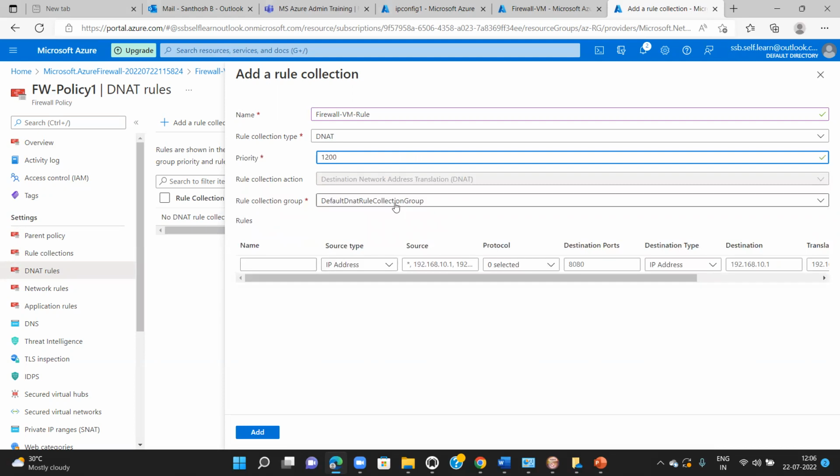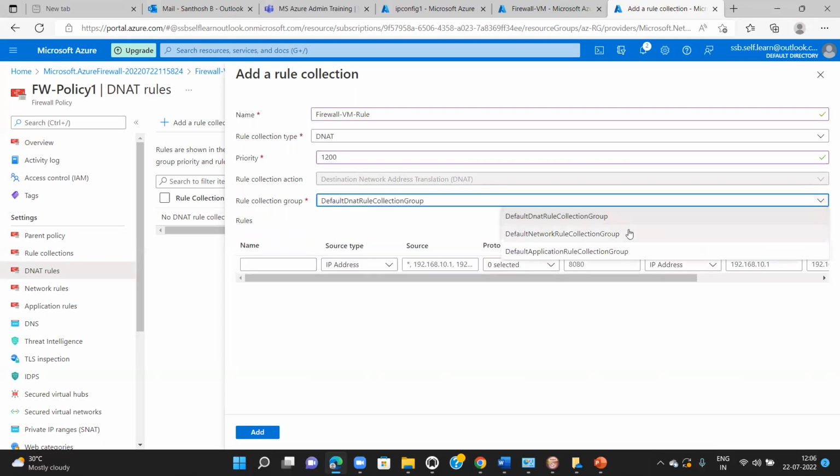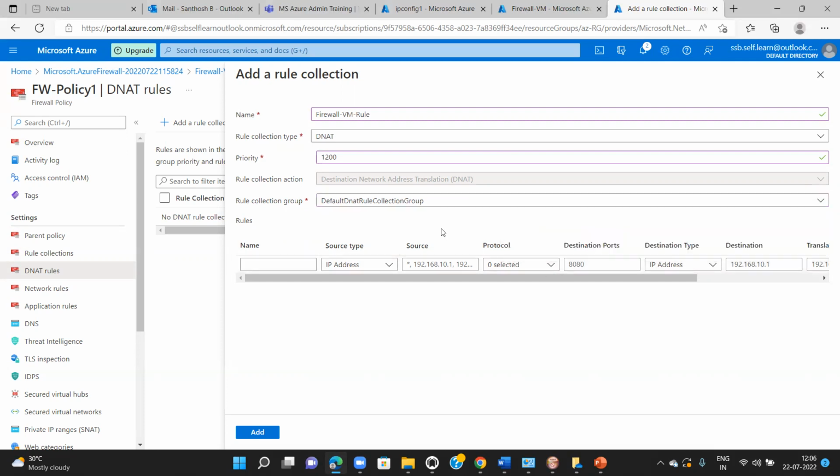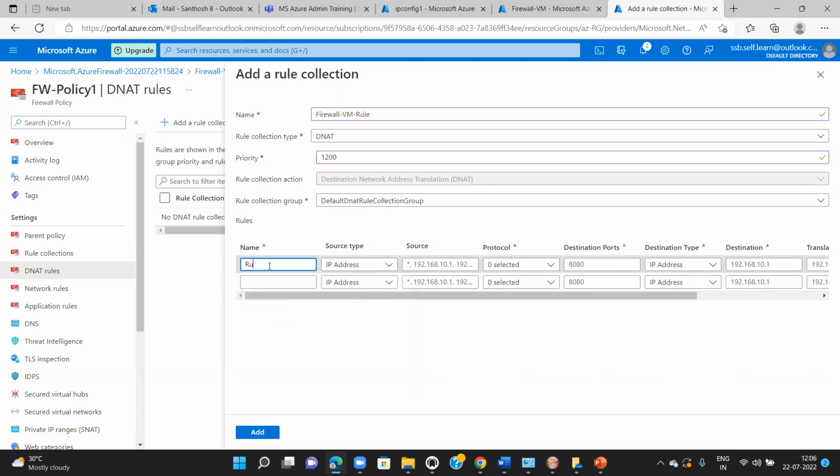Okay, and rule collection group. Automatically it has taken DNAT. As I said, you find 3 collections of rules basically. One for DNAT, one for network, one for application. So we want DNAT, which it has chosen automatically. We are fine with that. So I'm going to give a name here. I'm going to say maybe rule